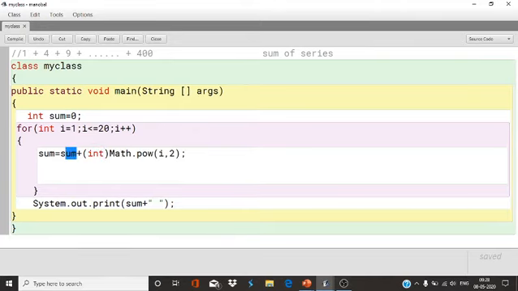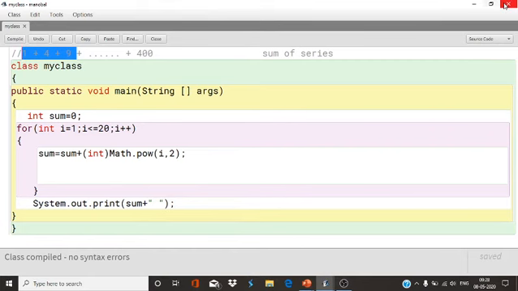Now what will be the first value? Suppose i is 1, 1 to the power 2, 1, 0 plus 1, 1. So first is sum of 1, 1. Now next 20 times it will execute, because up to 400 it will be there. Now the value of sum is 1. Second time when the value of i will be 2, so 2 to the power 2, 4, 4 plus 1, 5. See, up to second term 4 plus 1, 5. 3 terms, 3 to the power 2, 9. So up to the 9 terms. Now you can find the sum easily like that.